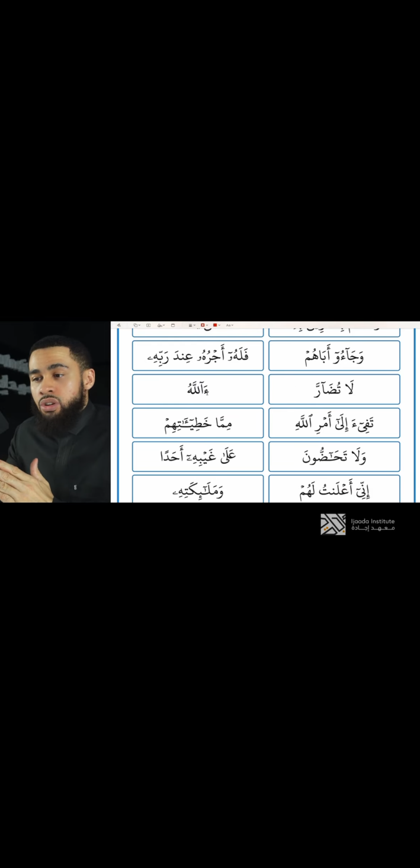So we make it long. Allahu. So we hold the Hamza here with an alif, making it long. Then once we get to the lam, we grip the lam, release, and then pronounce the rest. So we say Allahu.